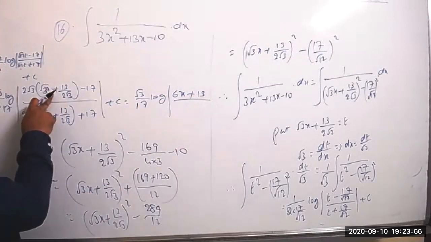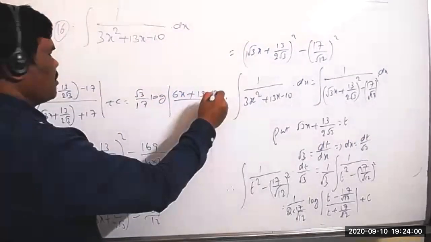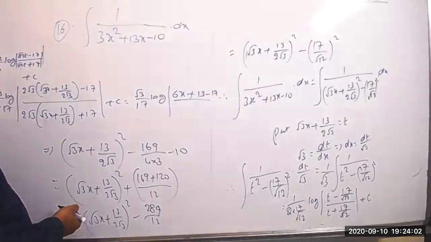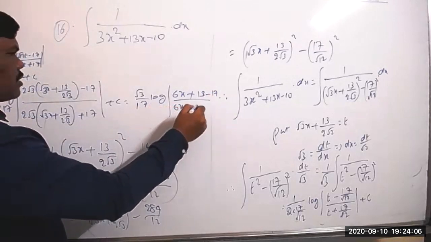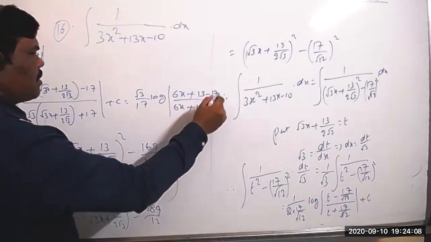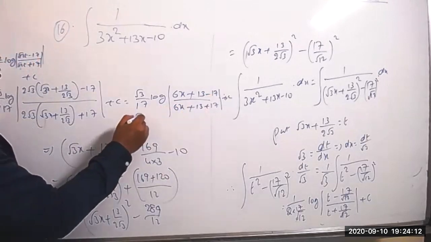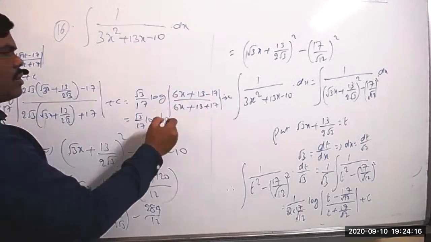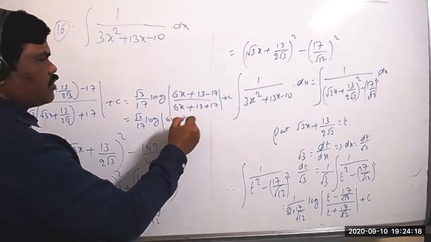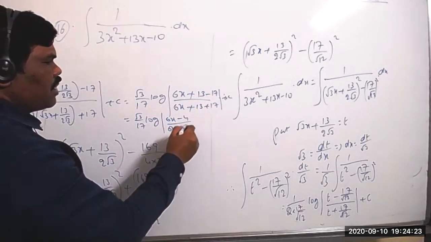Sorry, this is minus, that is correct. Minus 17, whole by, here also 6x plus 13 plus 17 plus c. Is that correct? So root 3 by 17 into log modulus of 6x minus 4 whole by 6x plus 30 plus